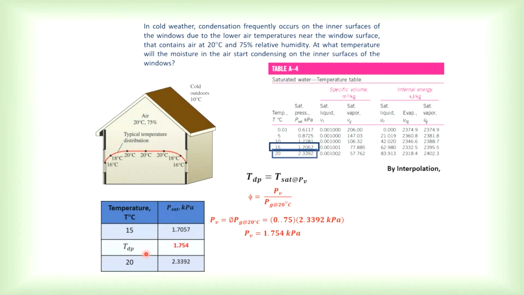We want to find the dew point temperature based on this pressure. So we can do interpolation to find the dew point temperature, which is the saturation temperature at the P_V pressure, and we get 15.4. Okay, this is one example. Okay, how you can find out the dew